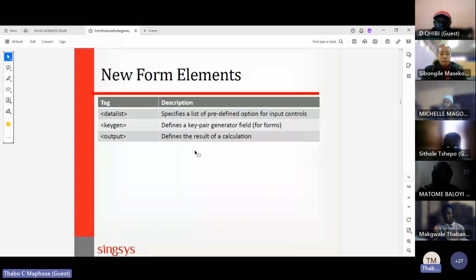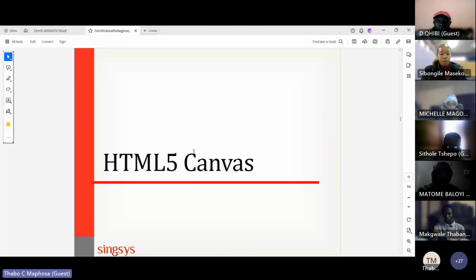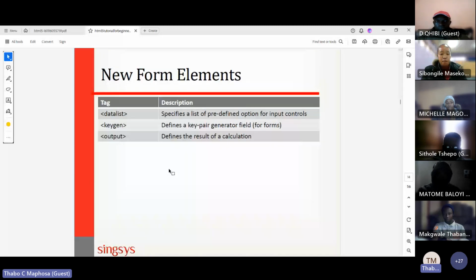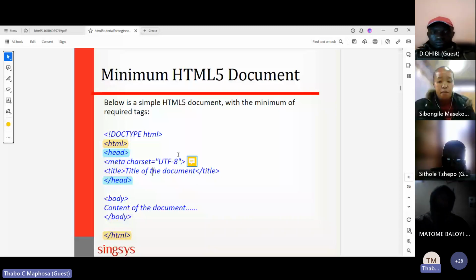I don't know if I should go through these elements first or deal with the HTML part first. Let me deal with the HTML part as a whole before I come back to HTML5. What exactly do you deal with when you're dealing with HTML? What is HTML?